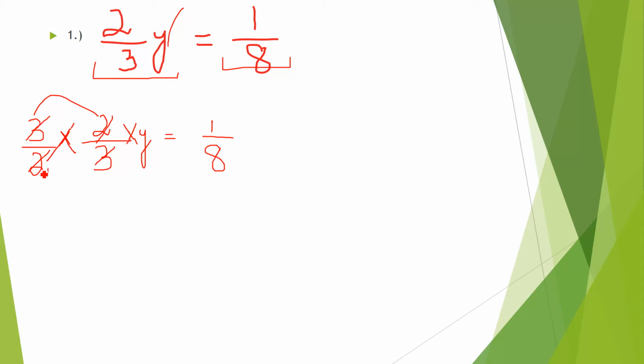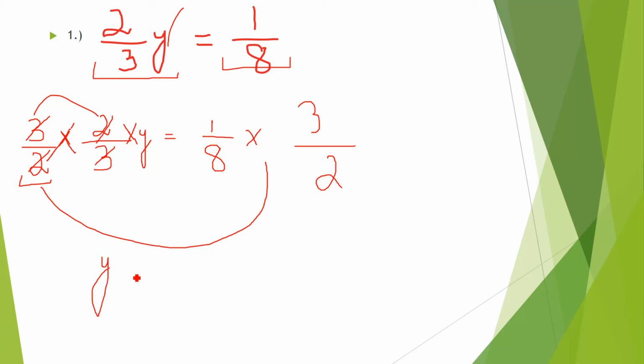So this and this, yes, you can do, but no numerator to numerator, no denominator to denominator. But I told you whatever operation you do on the left side or either side, you have to do on the other side as well. So here we multiplied by 3 over 2. We will do the same operation, multiplication. I am not saying that here I am doing positive or negative. Whatever you did on the left side, you have to do on the right side. So here on your left side, now we have only y left. On your right side, multiply this.